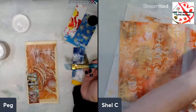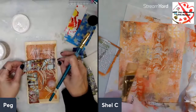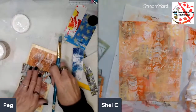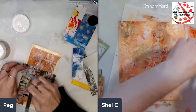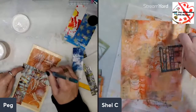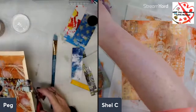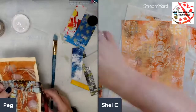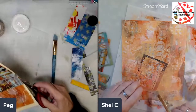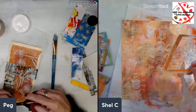Now this is starting to look fun. So what ATC mix-up am I using? I better find out, because if I don't put links on my videos, people ask me. This morning, like, what stencils did you use in this video? There were about 20. You want me to go and find all those? I gave them a link to Stencilable products and said, "Go." That's good. Because even if we give you a link, if it's not an affiliate, we're spending all our time looking up links for another company that doesn't do anything for us. Well, I found out that this one is Stencil Girl, but I can't find the designer line on this one,